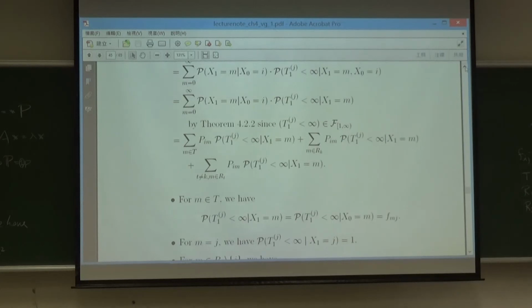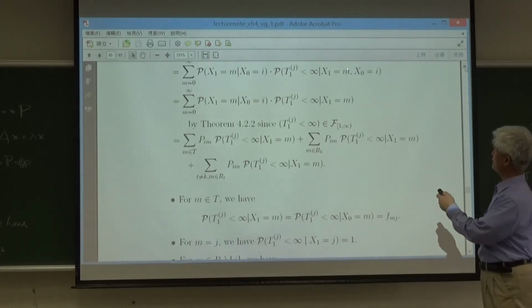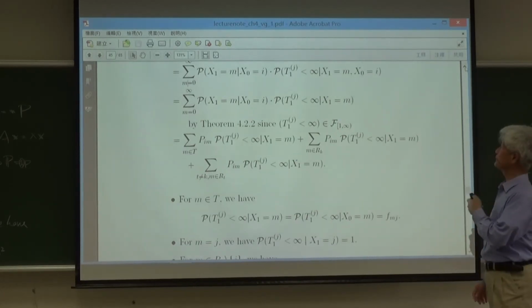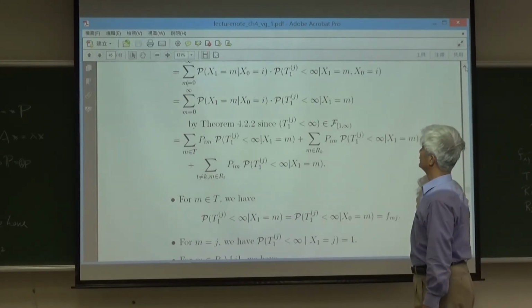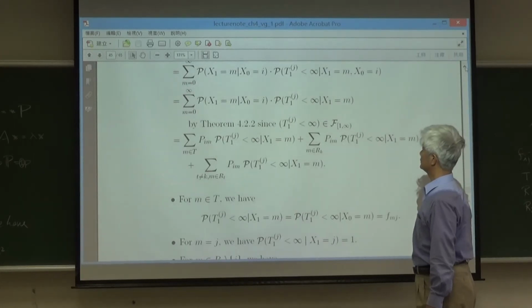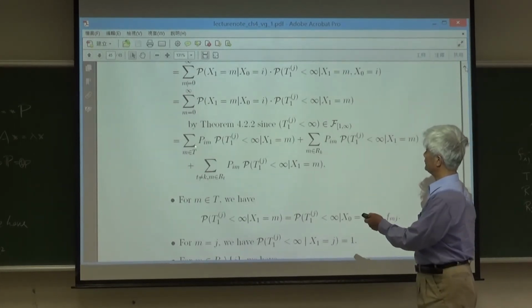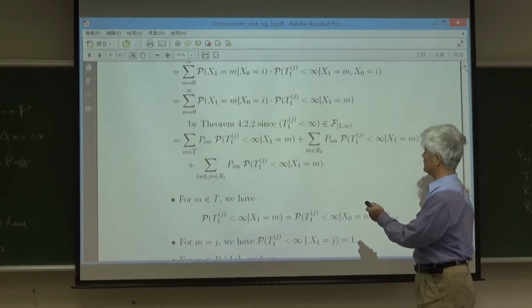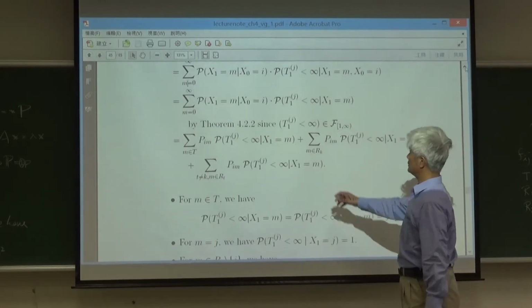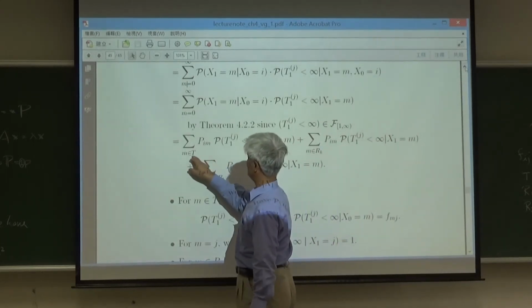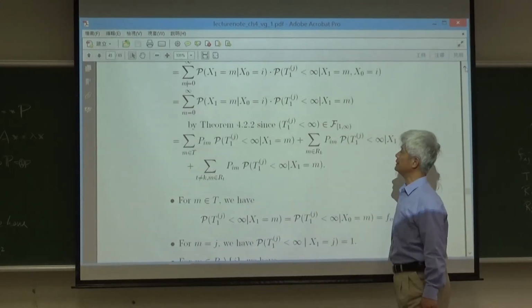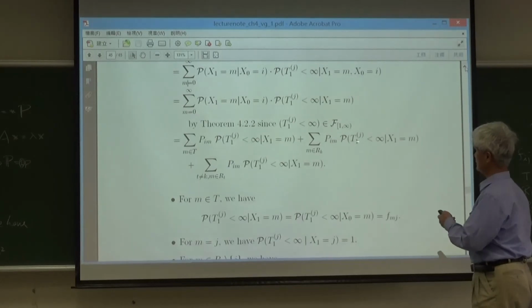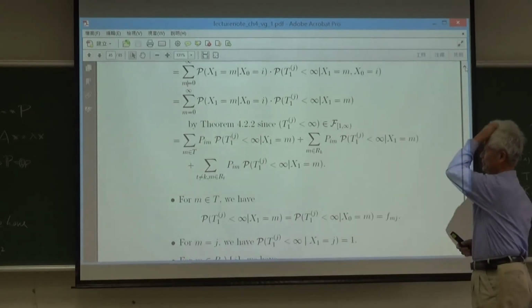Okay? Because the event is in the future from time 1, so you can forget the history, the time 0. So you have this one. Right. Now, so M is the state. So you can decompose the state into M in the set of all the transient states, and M in the recurrent states, etc. Okay, so we have that just by partitioning,